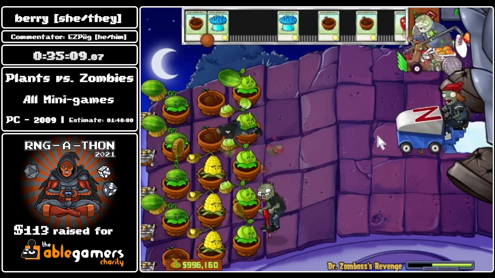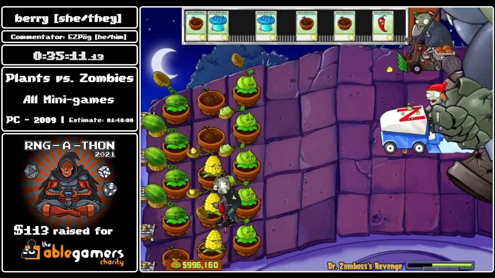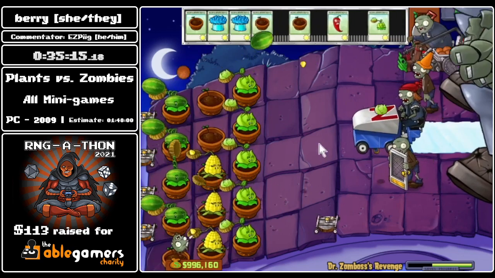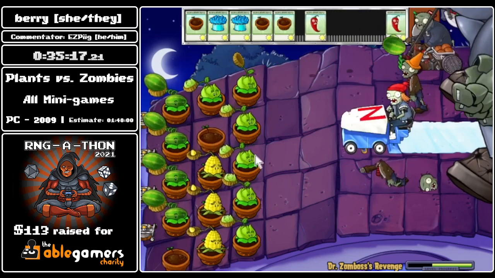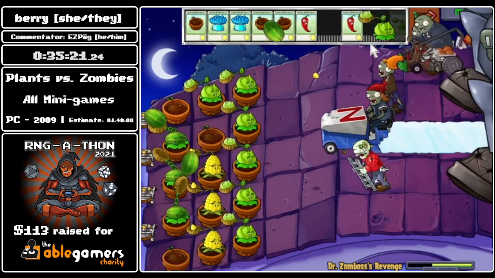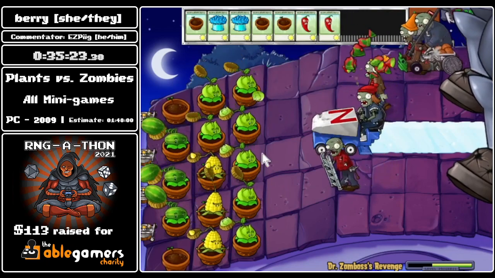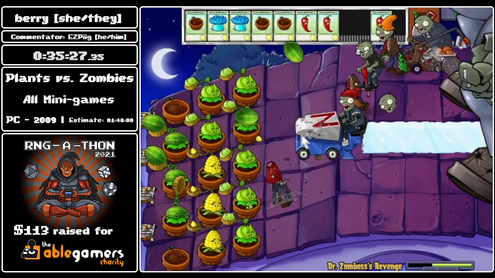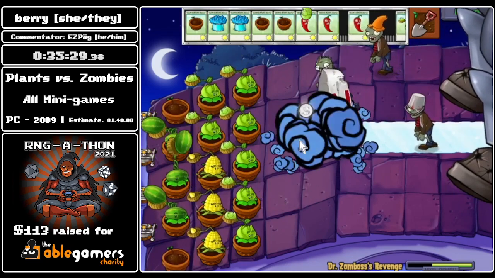Usually, we try and keep the conveyor manipulation with these flower pots. Okay, look in the bottom row right now. So what just happened in the bottom row is a roof mower let go. And what happens with that during Zomboss's Revenge is as long as